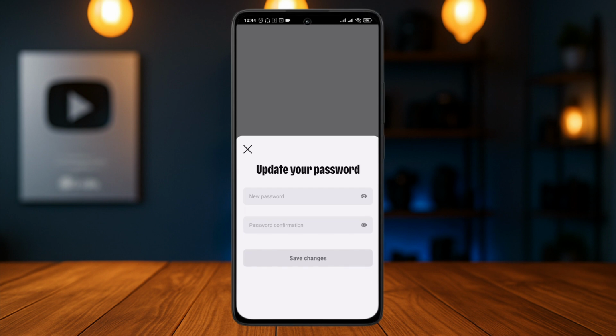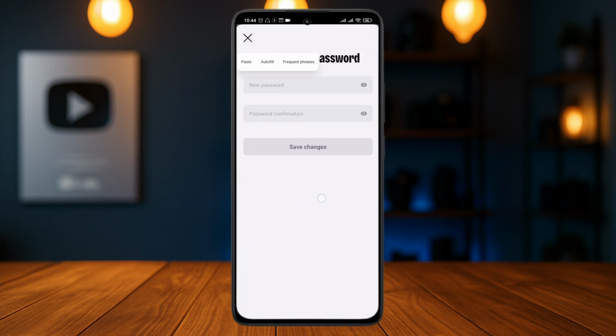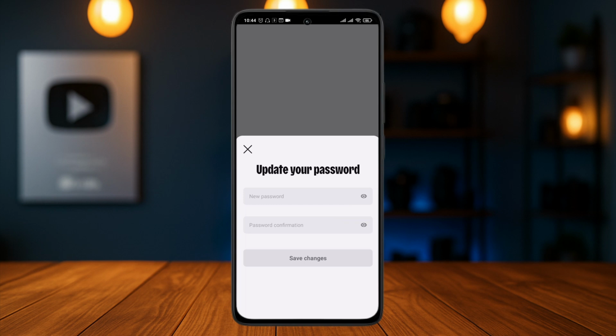Once you type in the verification code that has been sent, this is the section where you can update your password. So type in the new password that you like to change and then again repeat the password for confirmation. Make sure your password is strong by including numbers, letters as well as special characters. So type in your new password in both of these boxes or these sections and you'll be able to tap